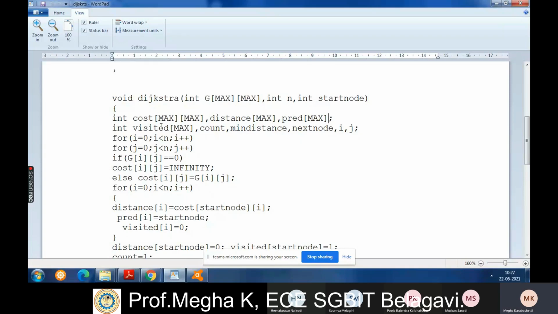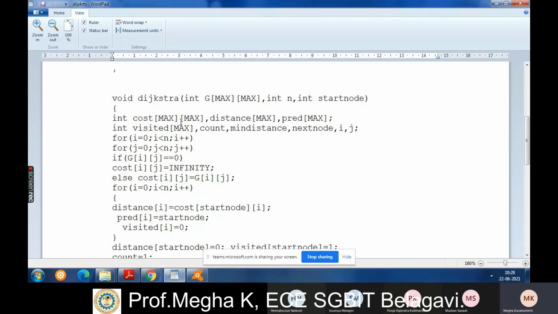Now visited matrix. This is also, I told you guys to initiate another array called visited array. It represents the current nodes. If you are in the zeroth node, the visited array value will be 0. Okay, so after visiting, that value becomes 1.